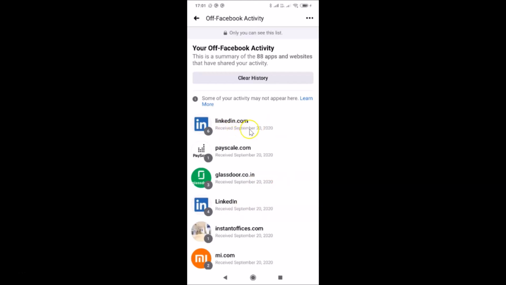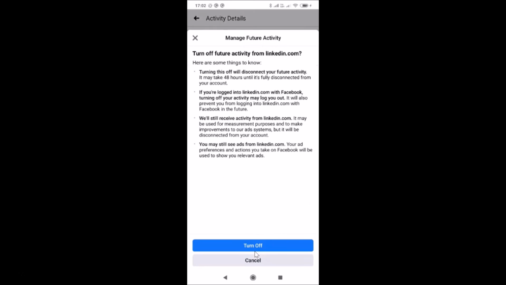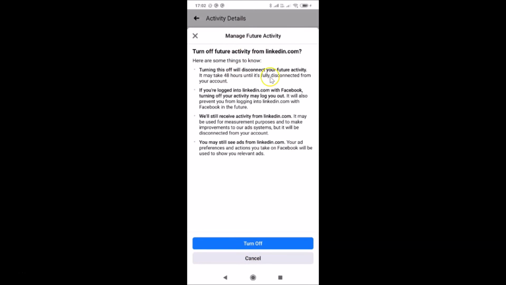So suppose if I want to turn off future activity from this website linkedin.com, then I need to tap on it to open it. You can see guys it's opened, and after that guys here we have this turn off future activity from linkedin.com. So let me show you. So let me tap on this link, and you can see I have this screen opened, manage future activity, turn off future activity from linkedin.com, and here we have some information. So if you agree with that, just tap on this turn off button. So let me tap on this turn off,